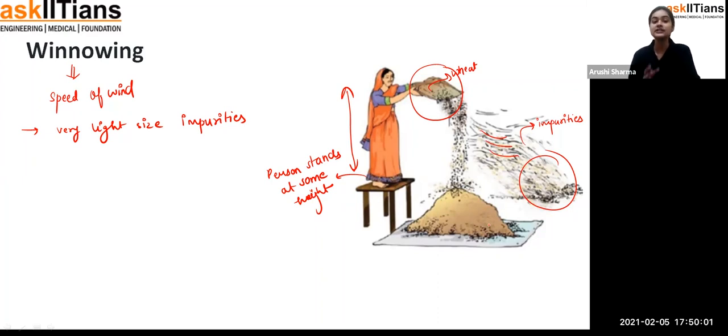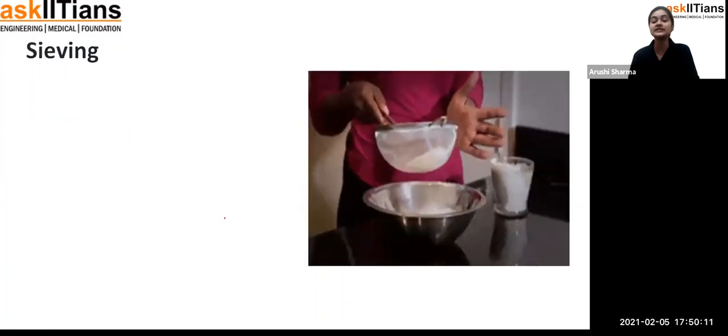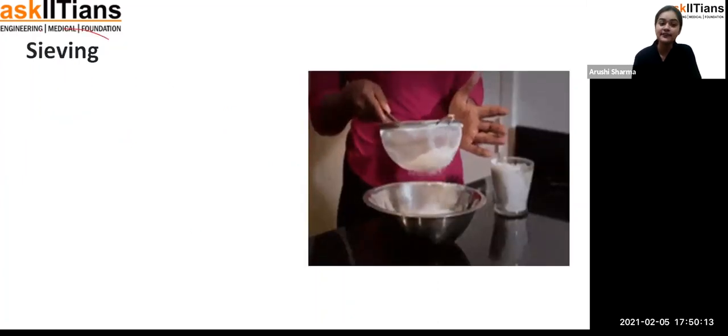So till now, students, we have discussed three of the techniques. The first technique is hand picking, second is threshing, third is winnowing. Fine. Now, if we talk about sieving, students, the sieving method is used to separate out the impurities